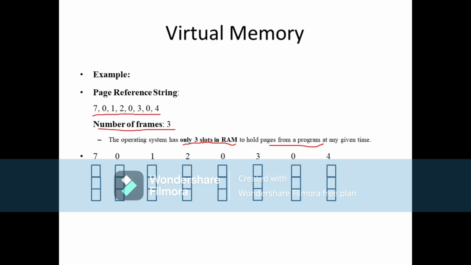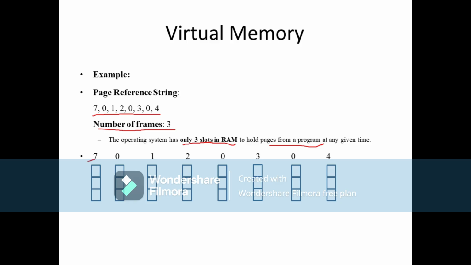So I've written the reference string once again over here: 7, 0, 1, 2, 0, 3, 0, 4. And you can see these 3 boxes under each of the numbers. These boxes represent the frames. For the first time, all the frames are empty and there is a demand for a page number.